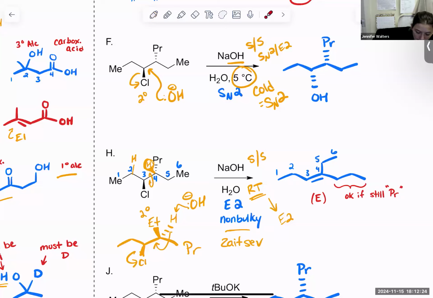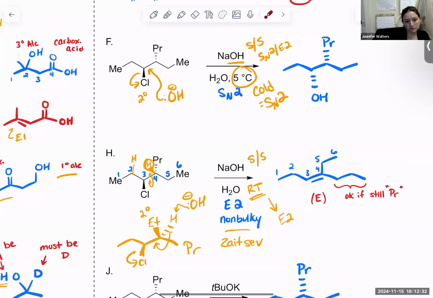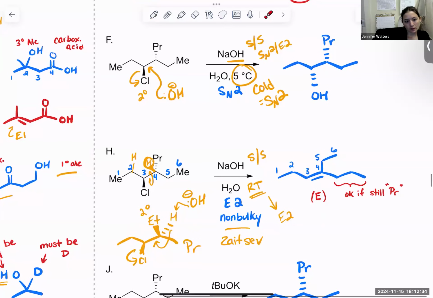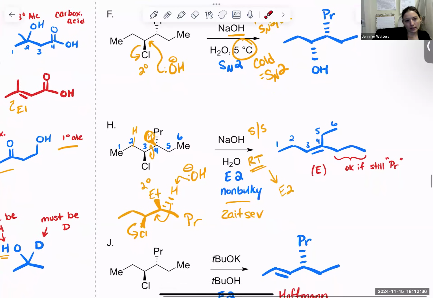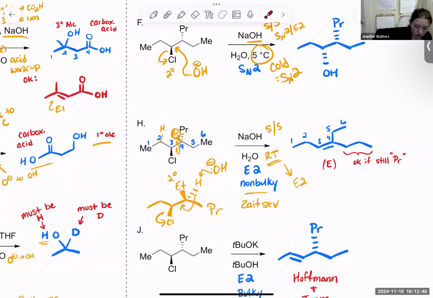Now I see that my ethyls are on the same side. The propyl is on the opposite side. That makes my E alkene. When I look at the tert-butoxide, that strong base, my strong bulky base,